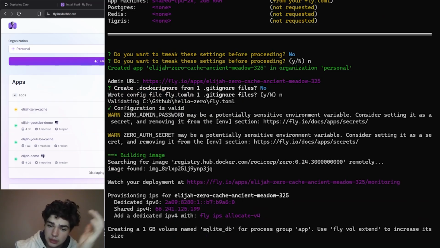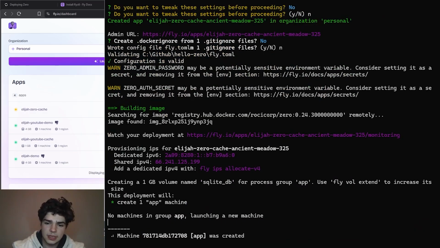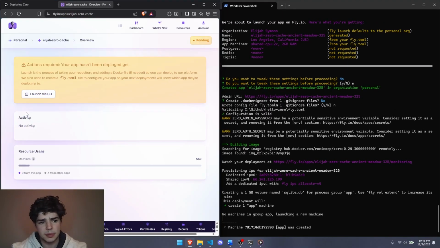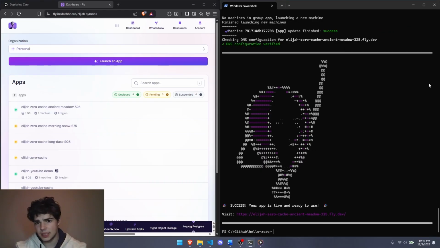It will create everything you need, your volumes, your SQLite databases, everything Zero needs to run is going up into Fly.io. And we'll see that here in our app. This really takes a long time, so I'm going to speed things up here. Okay, now that it's finally done, you can go to your app, refresh, as I just have, and you'll see